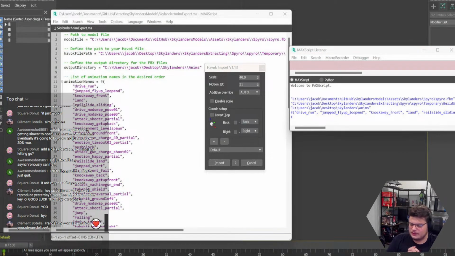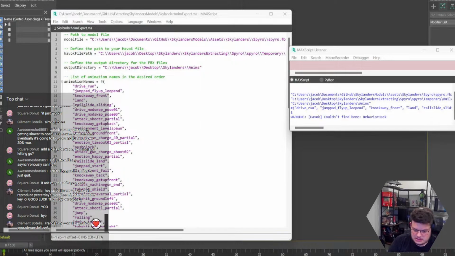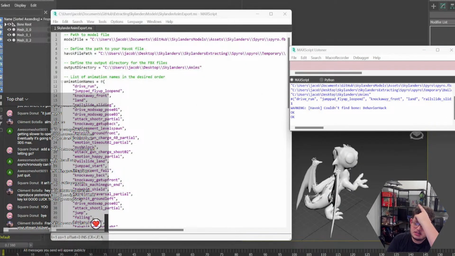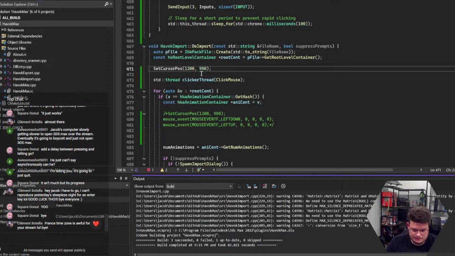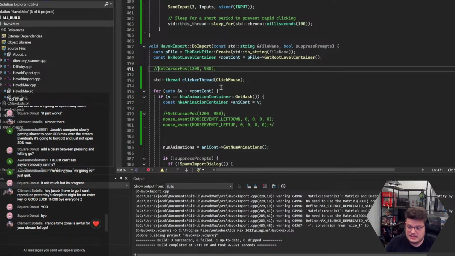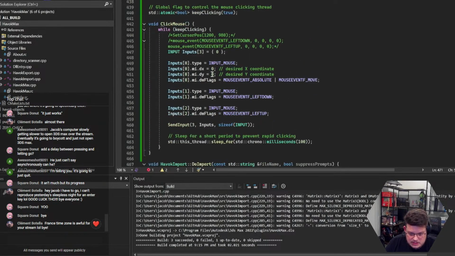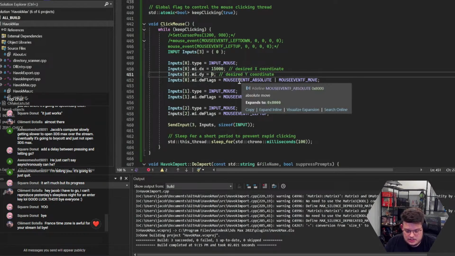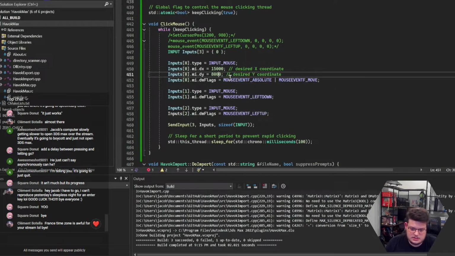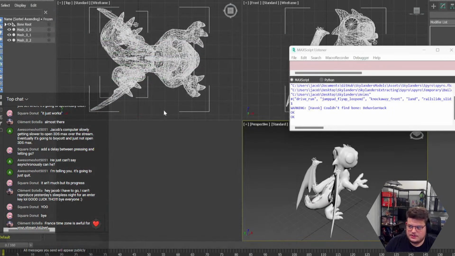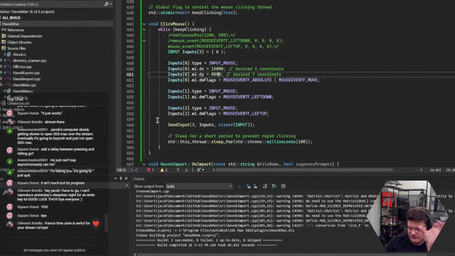To the top left corner now. Alright, so 0, 0 really is 0, 0. Alright, so if 0, 0 is top left and 1200 is slightly lower, let's do a really big number then. Like, okay, get rid of cursor position, sadly, because that's not going to work. But what we can do is go back up here. Instead of that, we can go 15,000 and 8,000. There we go. Just really big numbers, because it was like slightly offset from the top corner. And then it moved